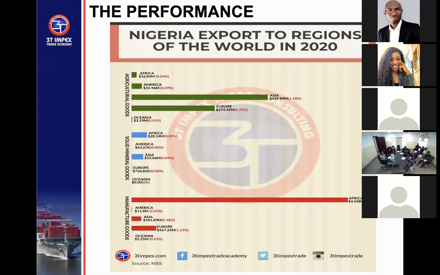So that means that, number one, we need to be strategic in our marketing, that we must begin to pay more attention to trade customers, and also to inform some of our customers that have potential for trade, but they are not even looking at it. I'm sure you have customers that are into manufacturing. Those customers into manufacturing have potential in Africa, but many of them are not even aware of the opportunity they have on the African soil. So that means your marketing now should be driven by the opportunity available on the African continent.